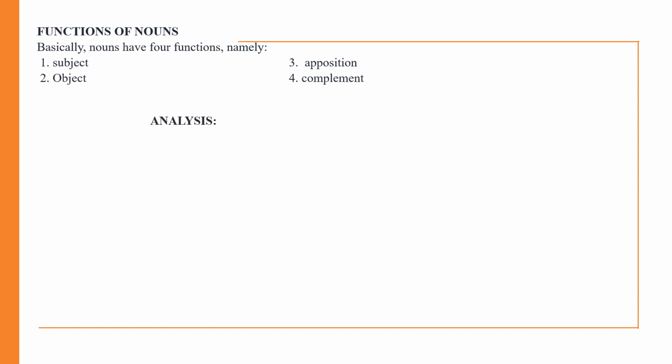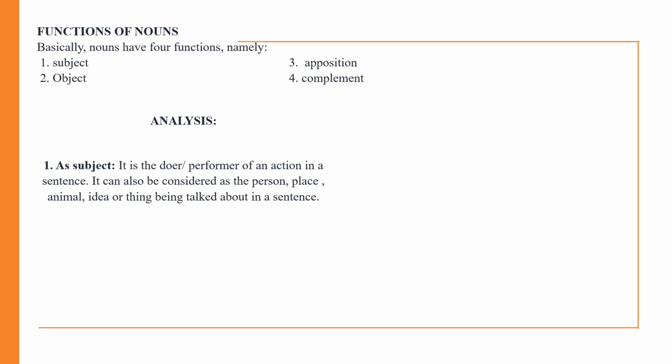The first one, and the most common amongst them, is that it functions as subject. When we say a noun is functioning as a subject of a sentence, it simply means it is the doer or performer of an action in a sentence. It can also be considered as the person, place, animal, idea, or thing being talked about in a sentence. Example: